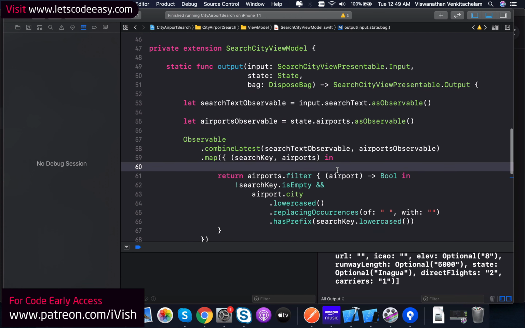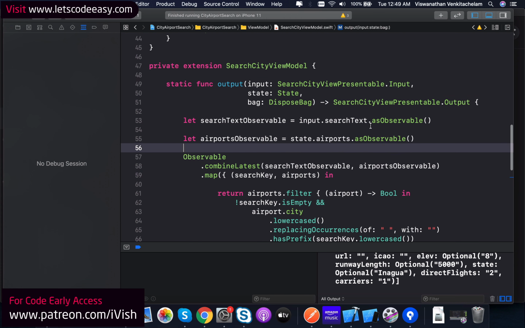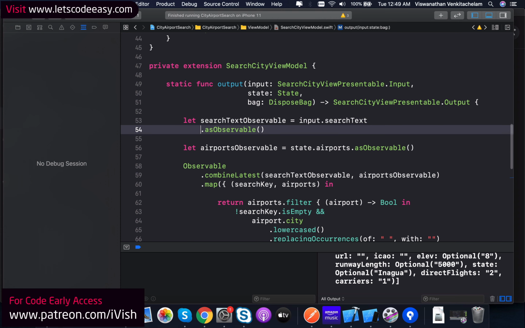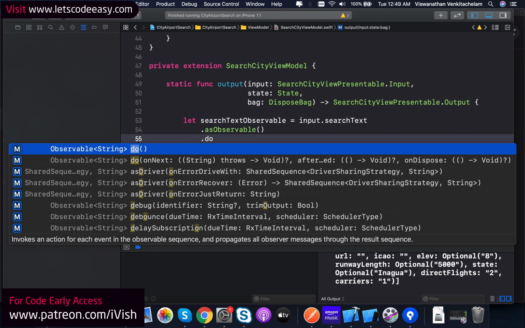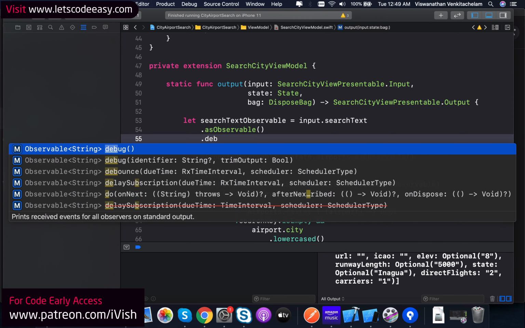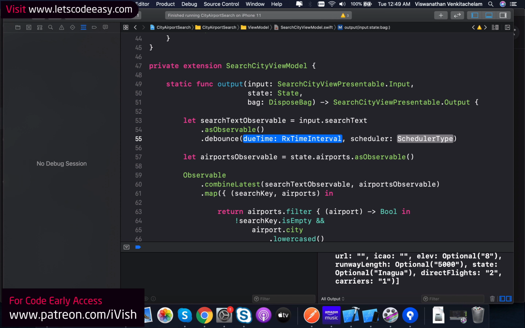That's it. And then let's start doing modifications here. First thing, did I say throttle? It should be not throttle, but debounce. Debounce, if you don't know what debounce and throttle are, then debounce is something where if you keep entering